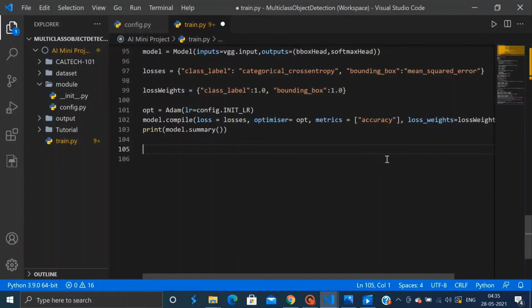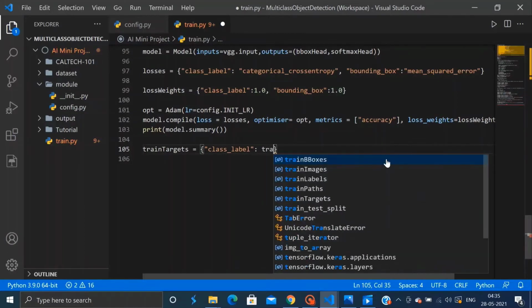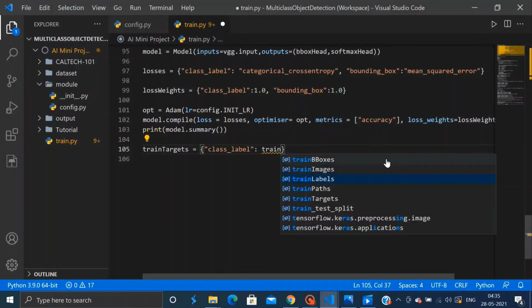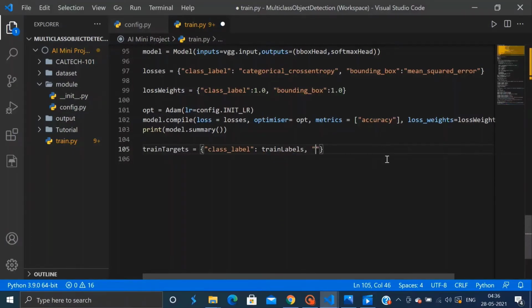So we then need to define two more dictionaries. The first dictionary is for our target training outputs. So train targets, and here we apply our train labels, which will be our class label, and then bounding box as train B boxes.